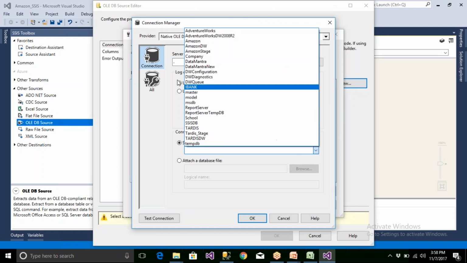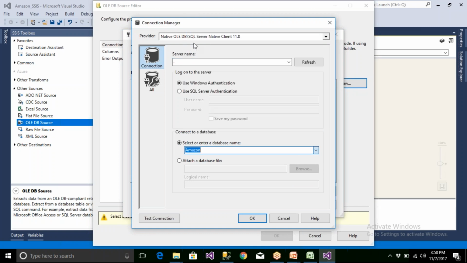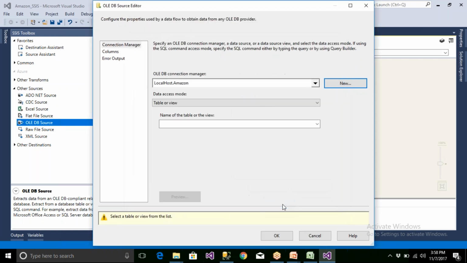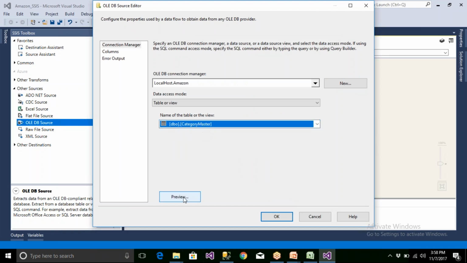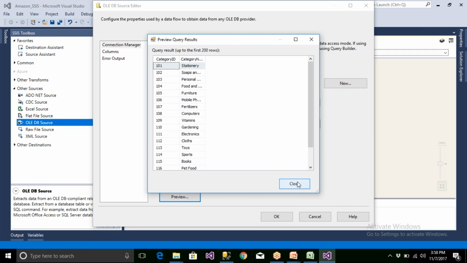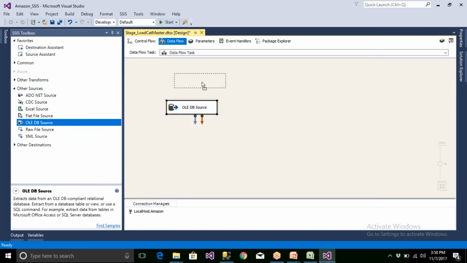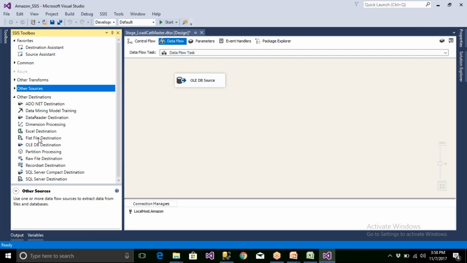Here you will have sample data, but the table names will be the same. The first table I'm going to choose is category master, and here you have the data. From here you're going to dump all the data to the destination tables, the stage tables.